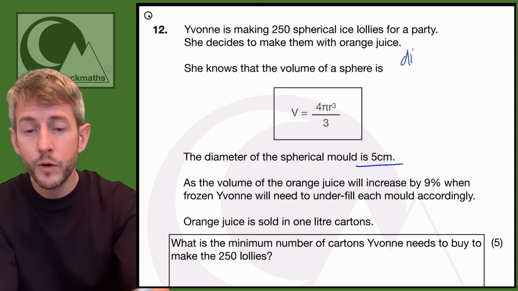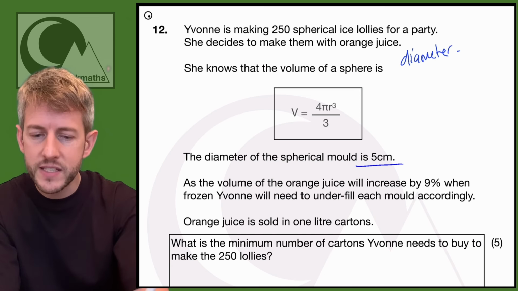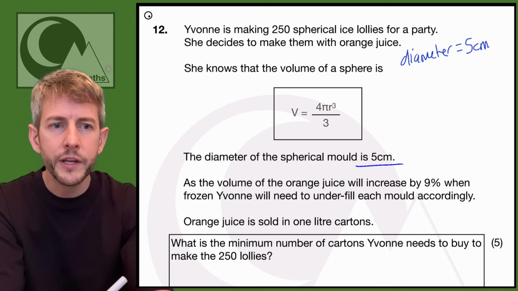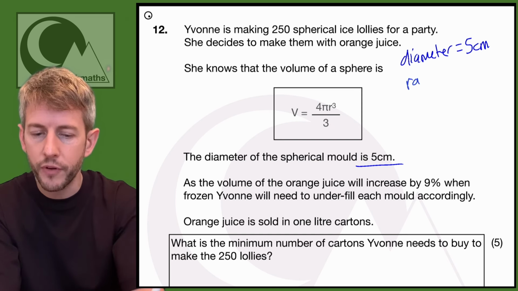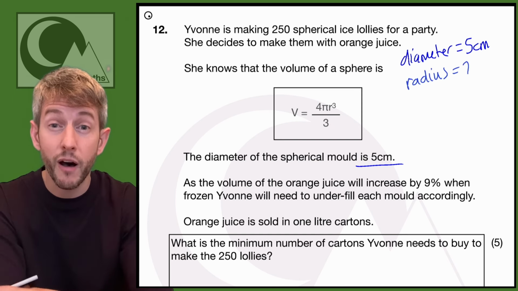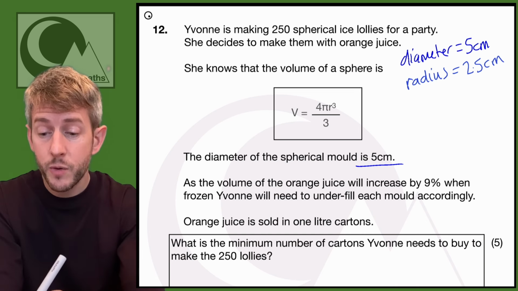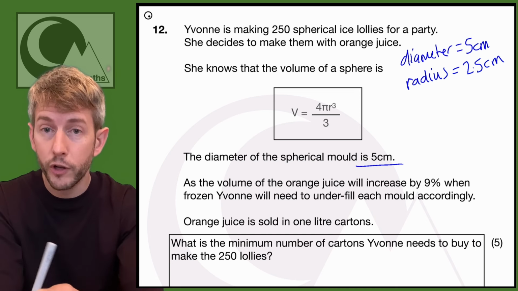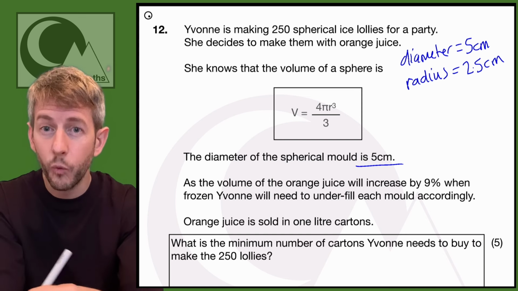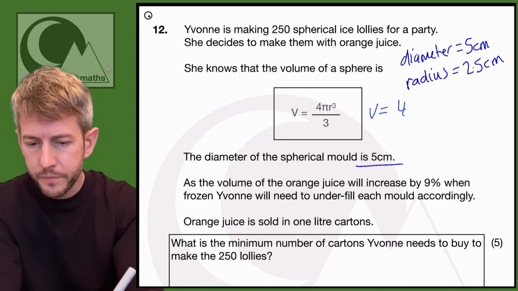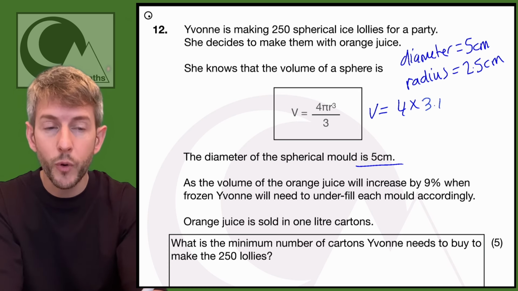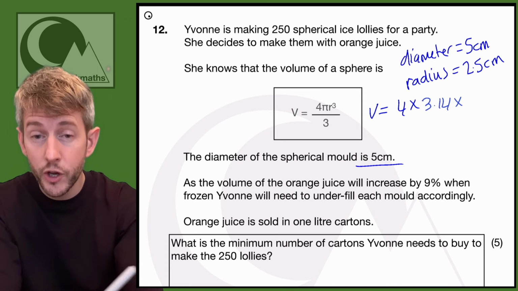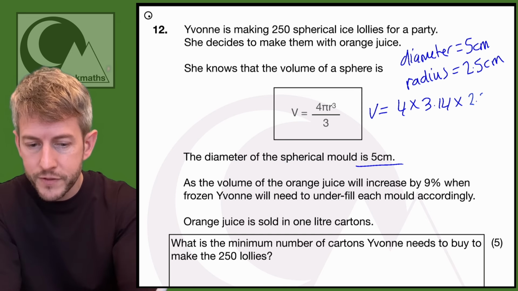So if I know that the diameter equals 5 centimetres, I can see that this formula uses the radius. I'm going to need to know that my radius is 2.5 centimetres, because I've halved the diameter. We're going to have 250 lollies of this volume, so I'm now going to work out what this volume is. So V equals 4 times pi, which is 3.14, times radius cubed, so that's 2.5 times 2.5 times 2.5